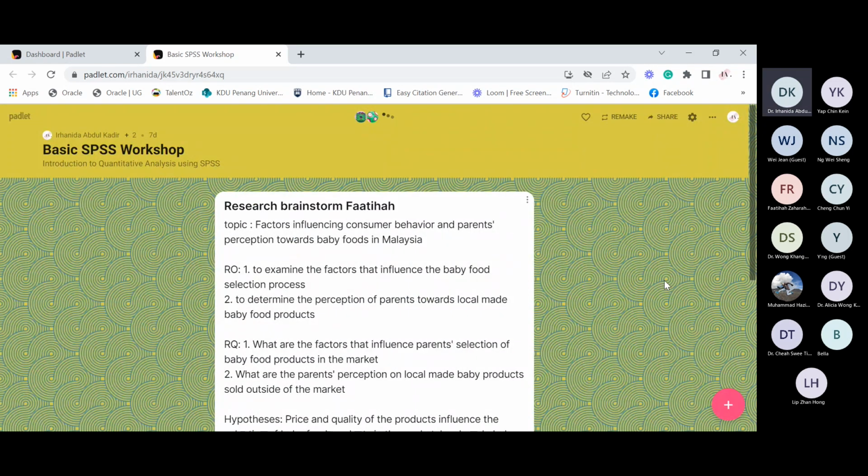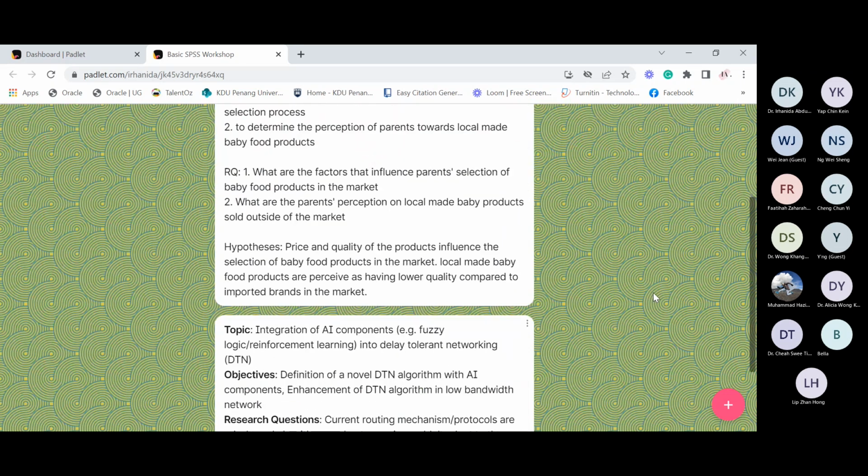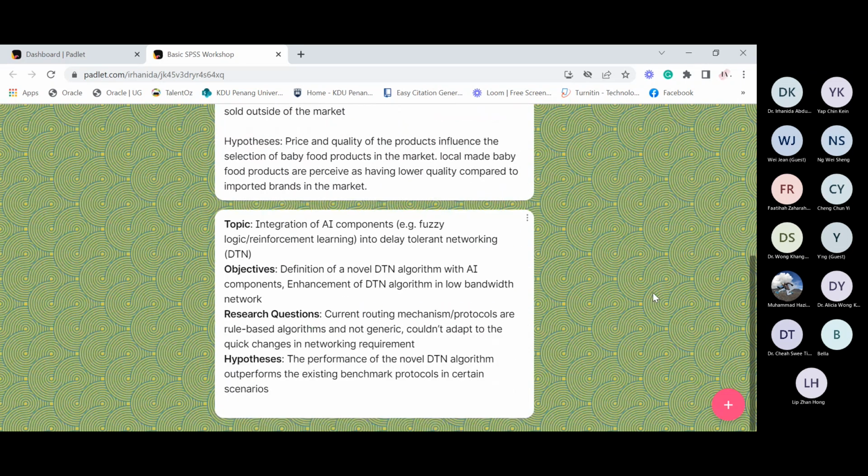Miss Sumiko, your topic is quite interesting as well. Can you share with us? This topic of integration of AI component, the idea is here, but you still need to refine your objective and research question.